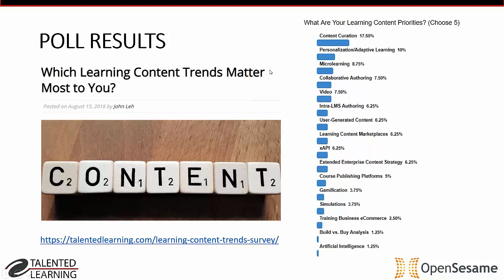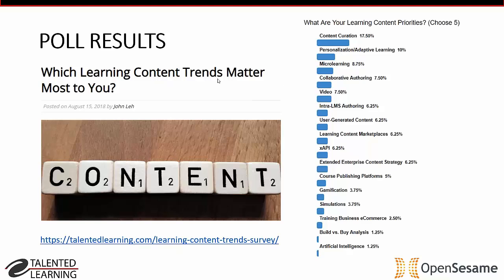But we've had a few hundred respondents, and we had 18 different topics in this blog post that we came up with that were trendy, shining object or strategic choices for content. And we allowed respondents to list their top 5. And then we just measured the top 5.